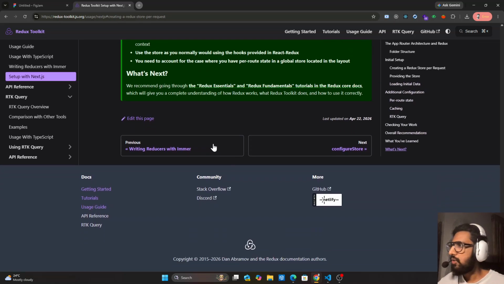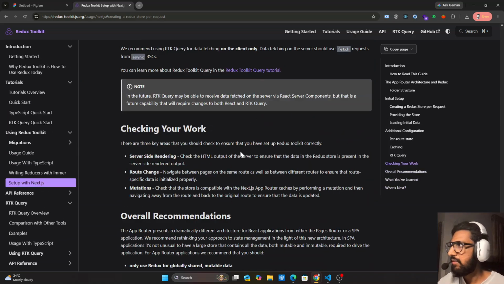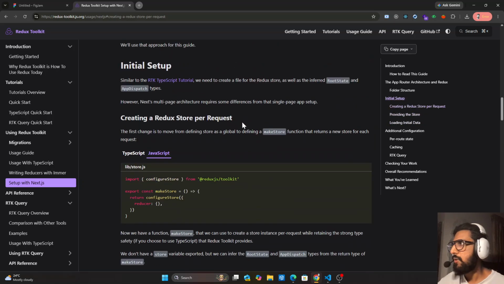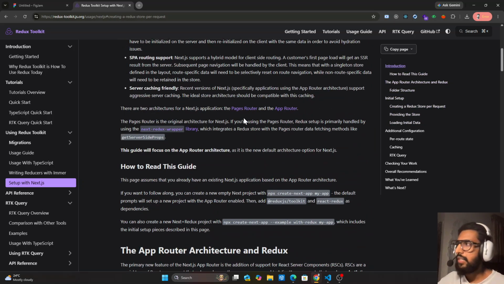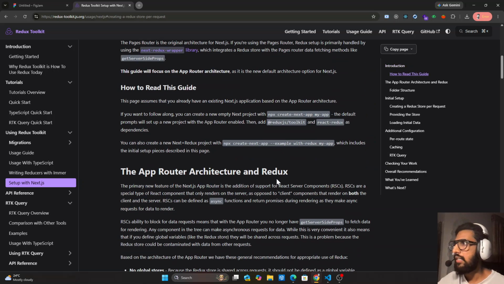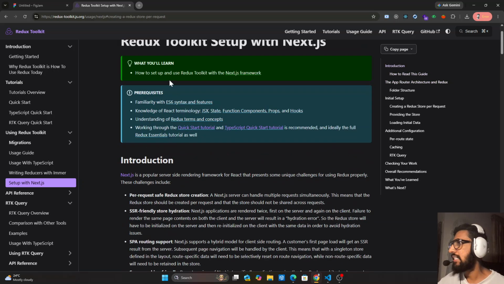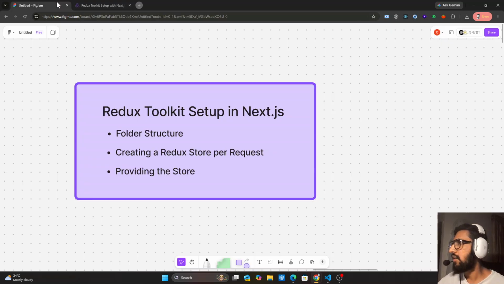And there are a lot of things. And as I see, the last update was on April 22 in 2026. So I think this is the most recent one, right? And honestly, I don't know about it. So I'm reading the articles, and what I do is I create a basic understanding in Figma here, where